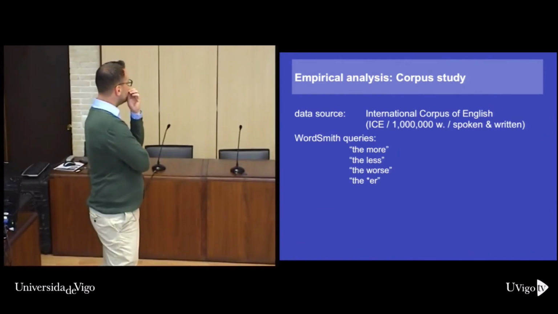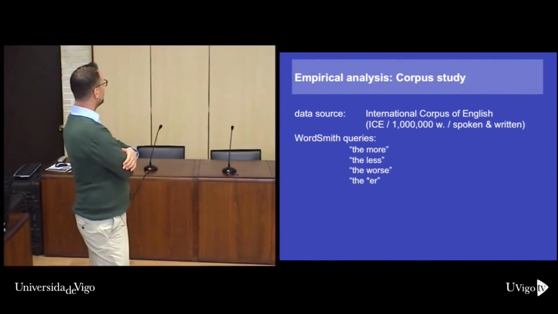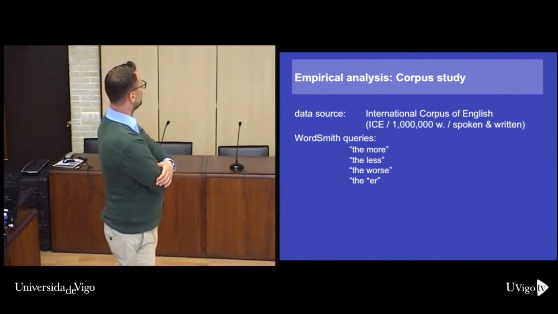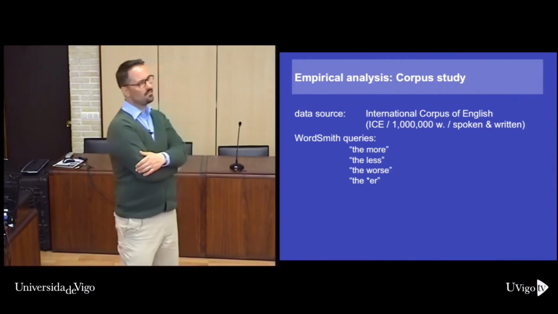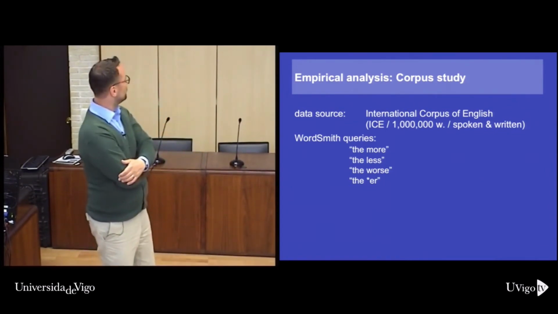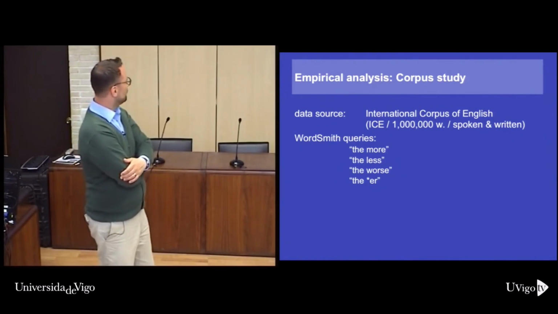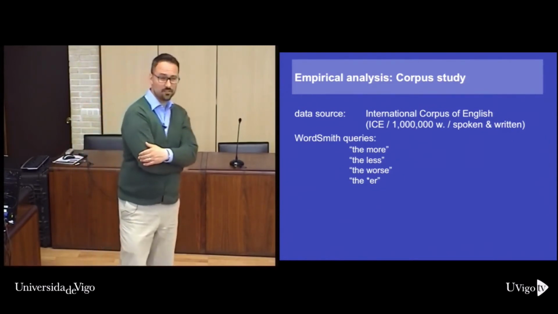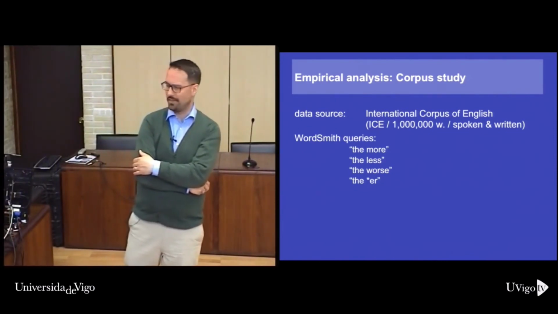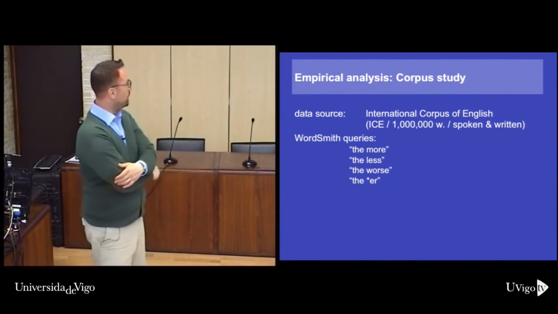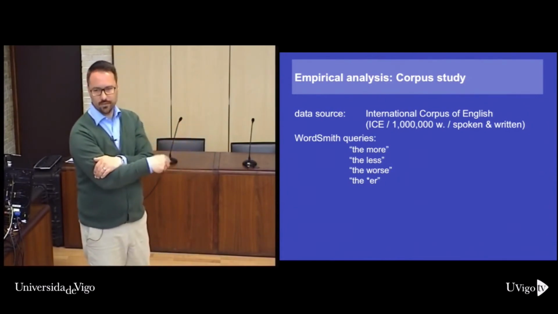Okay. So I looked at the International Corpus of English as well as the Brown Corpora. But for this study, I'm just going to compare what we found out for the different varieties of English. As I said, the 1 million word corpora are a bit limited, but at least they're spoken and written, and currently they're probably our best attempt, if you want to do contrastive studies on World Englishes. I looked for these structures, the more, the less, the worse, and the asterisk followed by -er, which obviously gives you many false positives like the painter, the writer, and you've got to discard them.